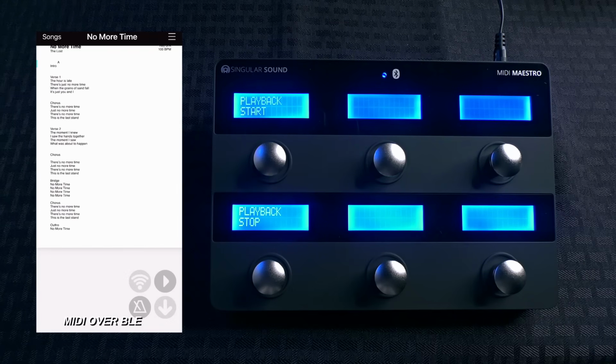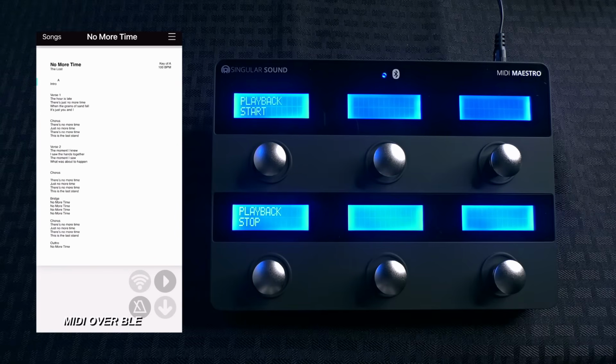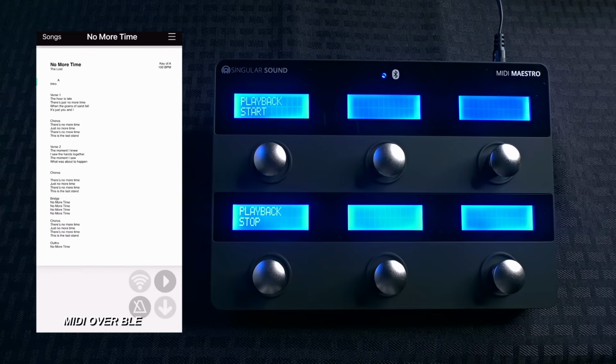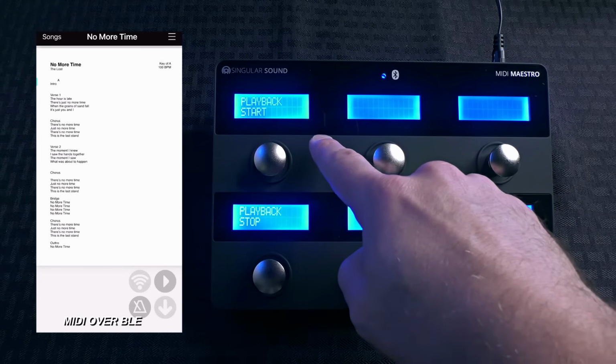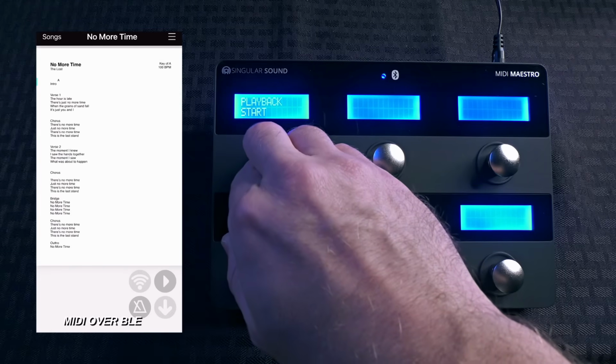Now, I've already programmed this particular song to work with the MIDI commands that we programmed in the MIDI Maestro app. So I'm not going to go through that whole process of how you program the On Song app, but I want to show you how it functions. So now, when you hit the Start Playback button at the top, as you see on the screen of the iPhone here,